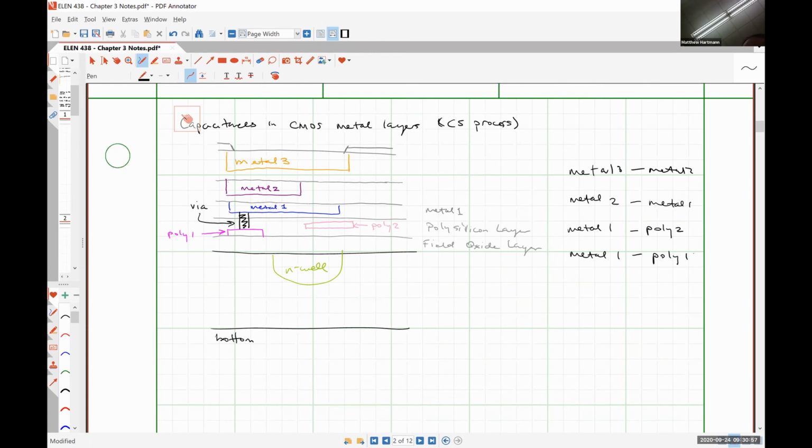And if we didn't have a poly layer, I think we can also see a metal 1 to N-well and a metal 1 to substrate, right? Given information on, say, metal 3 to substrate, we could actually form a capacitance using that. And so the reason why I say that is if we tried to form